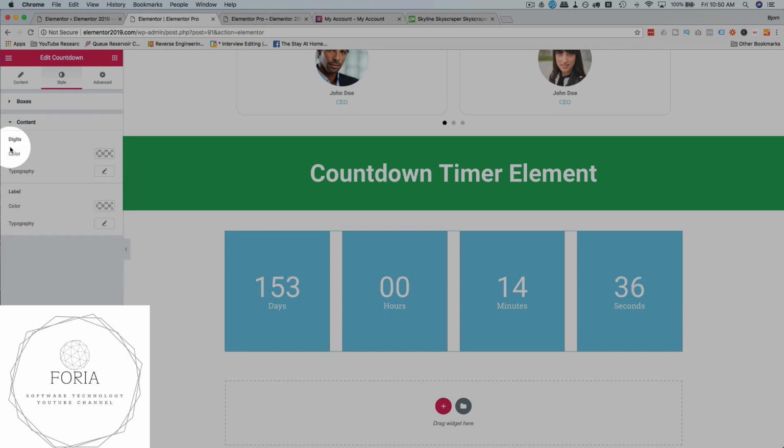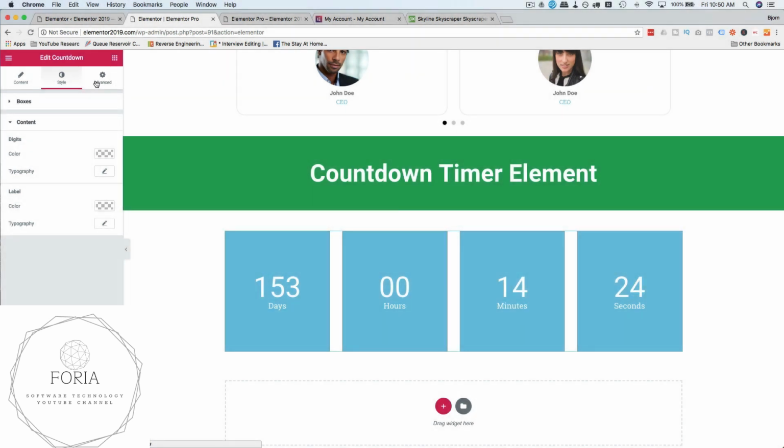The content, we can change the color of the digits, typography of the digits, label, which is the words, the color and typography of those. And that is really all the options you have for countdown timers, unless you get fancy with some custom CSS, which isn't that big of a deal. You can find a lot of custom CSS online for timers, so you can probably adapt